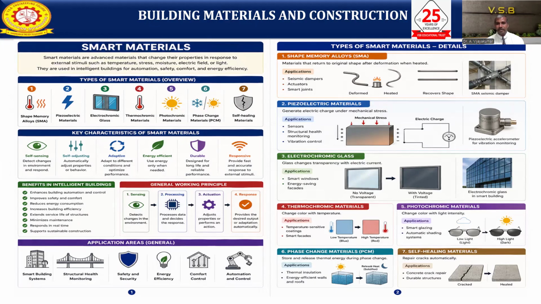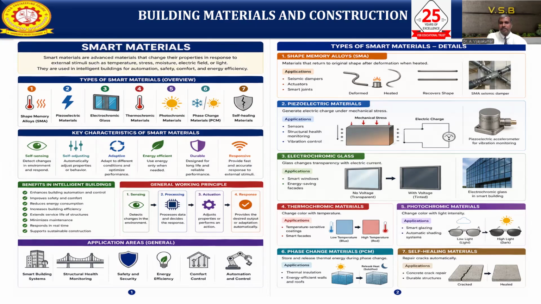use for SMA. Then piezoelectric materials, generating electric charge under mechanical stress. Where can we use this type of material? Sensors, structural health monitoring and vibration control we can use. Then electrochromic glass, where the glass changes transparency with the electric current. Window energy saving: no voltage, and then with voltage. Electrochromic glasses in smart buildings, you can use for this